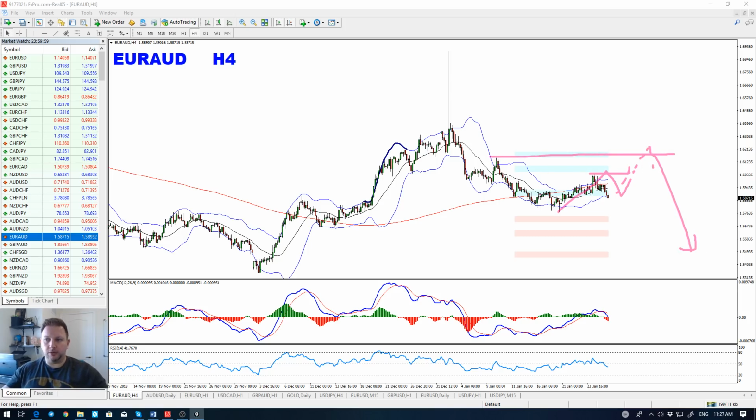deeper move down. So the euro Aussie should be expected to continue lower as long as we don't have signs against, but if it breaks this high, we should be seeing it fighting this area and then continuing all the way lower. Okay, this is a new opportunity coming to us, which I find pretty attractive and